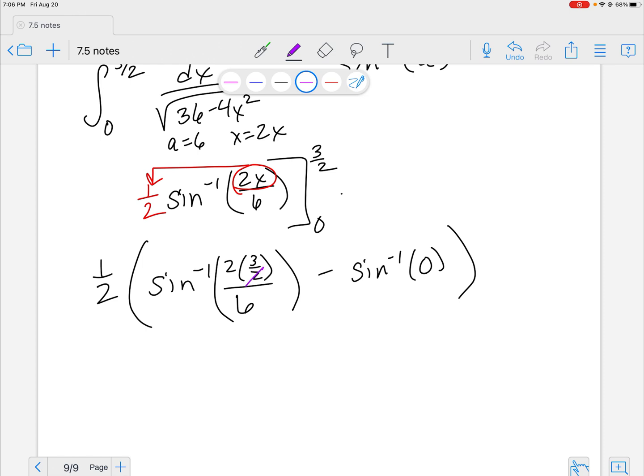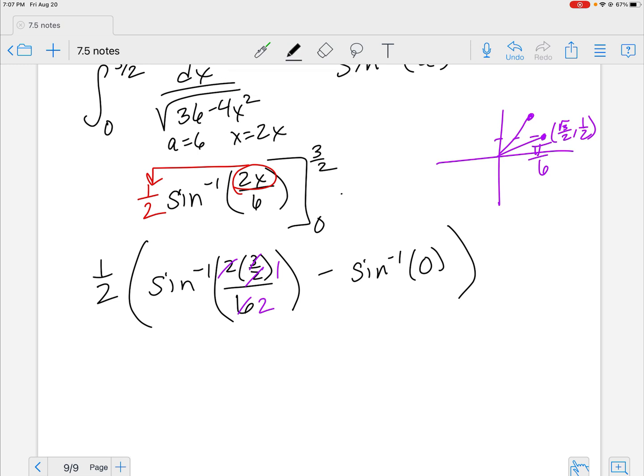Squeeze this up a little bit. I see those cancel, and I see 3 goes into there 2 times, so you really end up with a 1/2 here. So what angle measurement gives me a sine of 1/2? It's actually pi over 6, isn't it? Because that's the square root of 3 over 2 and 1/2. My y is 1/2. So this is pi over 6